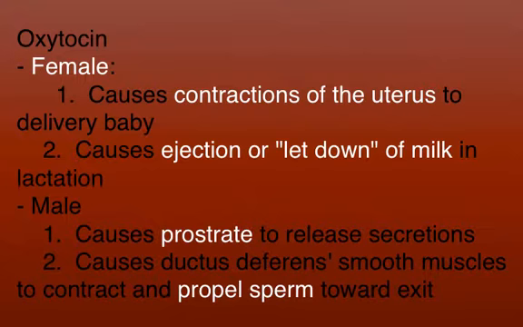Oxytocin is released from the posterior lobe of the pituitary and produces different effects on the male than it does in the female. In the female, oxytocin is released from the posterior lobe of the pituitary when she is in labor or when she is lactating. Oxytocin causes strong contractions of the uterus to enable her to deliver her baby. Oxytocin also targets the mammary glands and allows for milk ejection or letdown to enable her to nurse her baby. In the male, oxytocin causes the release of secretions from the prostate gland, as well as to cause contractions of the smooth muscle lining of the reproductive tract, allowing sperm to be propelled from the testes to the penis.